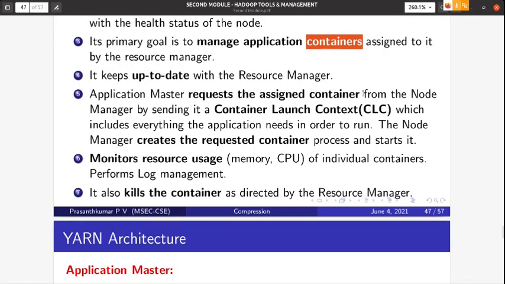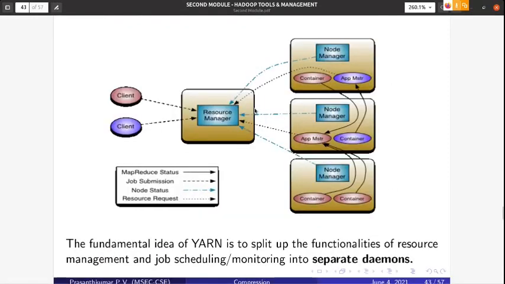The application master requests the assigned container from the node manager, sending it a container launch context, CLC, which includes everything the application needs in order to run. The node manager creates the requested container process and starts it. Look here, one node manager, one container is running, and the application master is there.